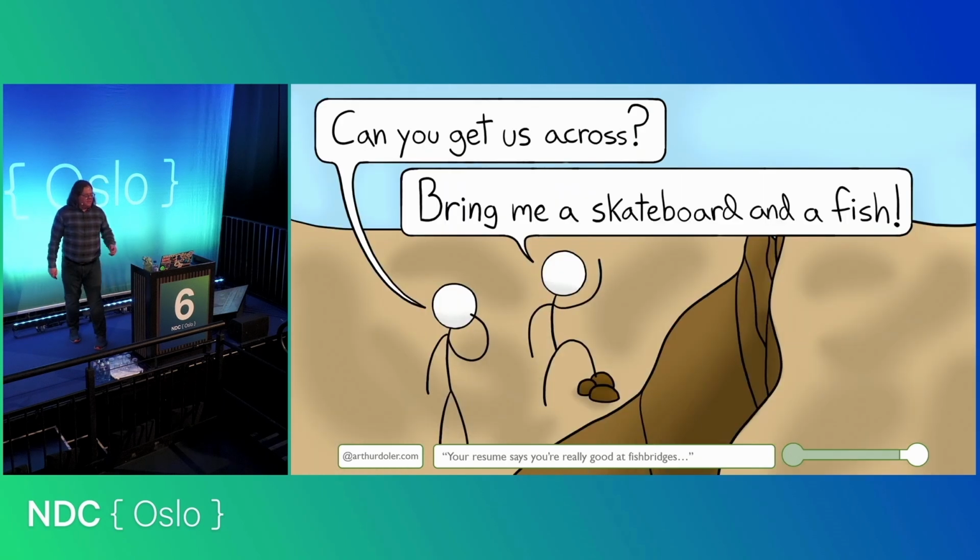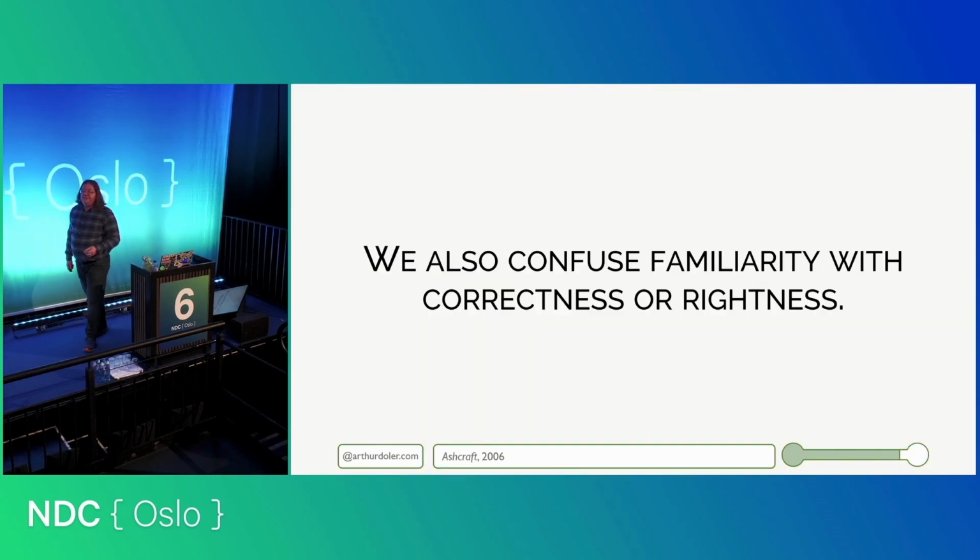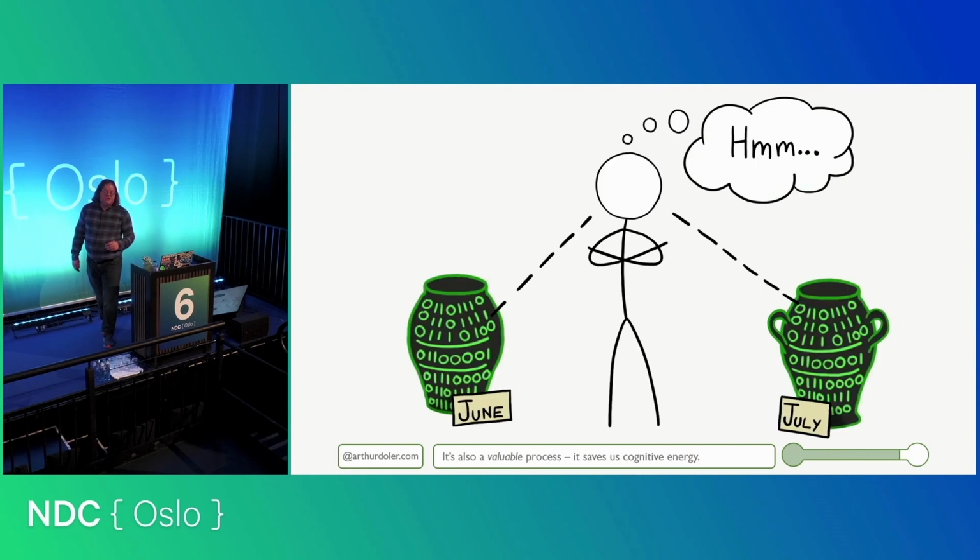But the problem with the human brain is that we often do things in the same way that we have done them before, or at least that's the first thing we reach for, because we don't have time or we don't want to spend the energy to go find that optimal way. That's not bad. That saves us a ton of time and energy most of the time. But it means that we tend to do things that are similar to what worked previously. We also confuse familiarity with correctness or rightness. That means that when we see something familiar, we're like, oh, this is clearly good.